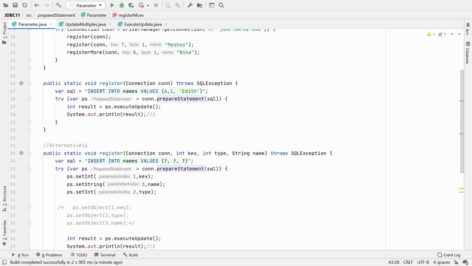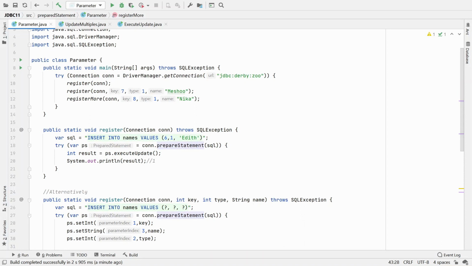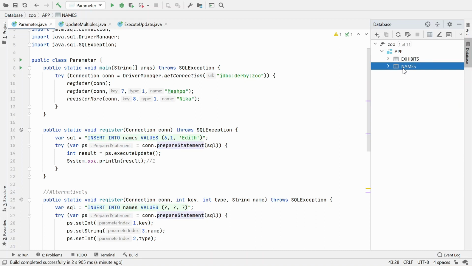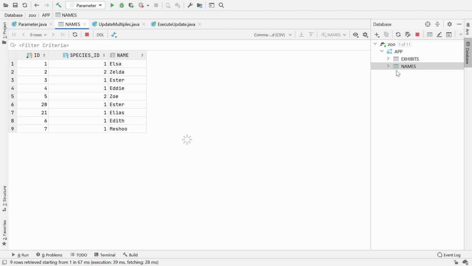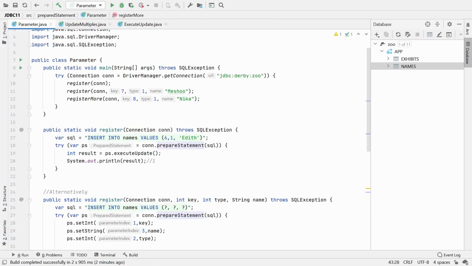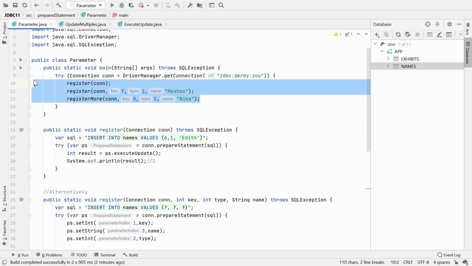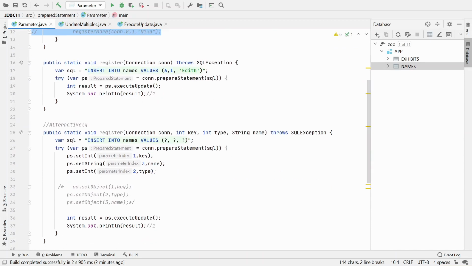So I am going to see names table once again, double click. So these 2 rows are added. I'm going to stop, close, and come to this section. Okay,